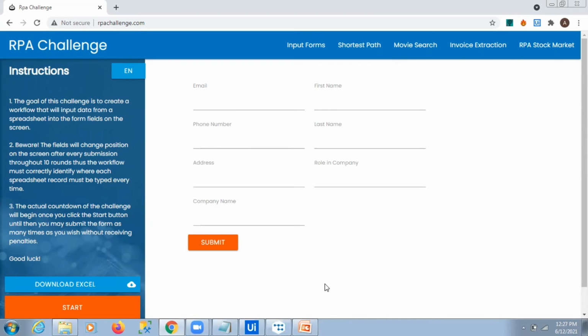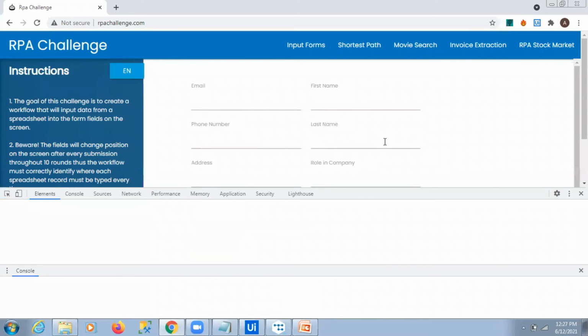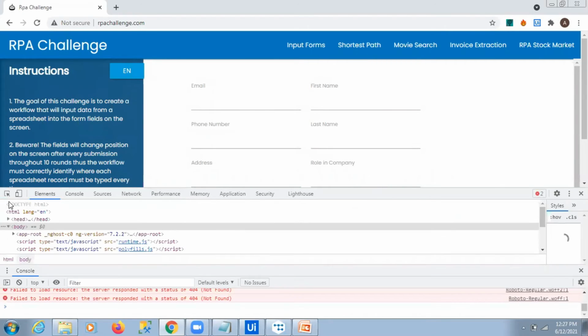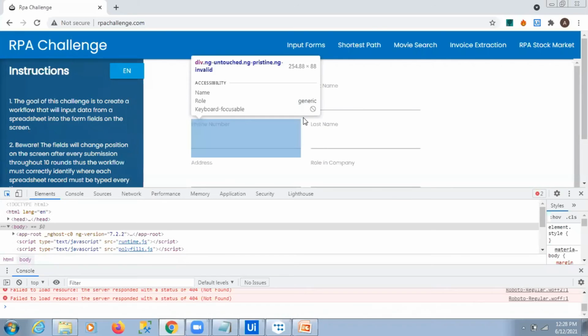Let's see what we can do in this scenario, I will show you.